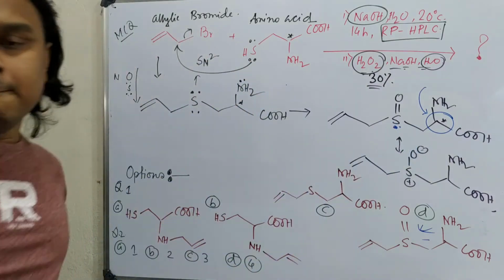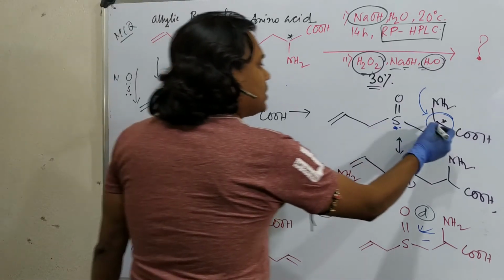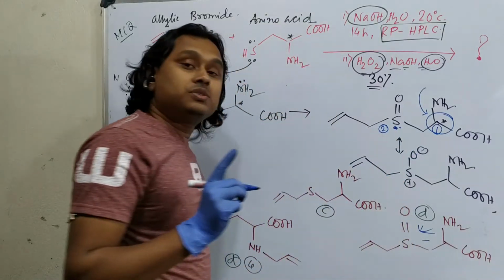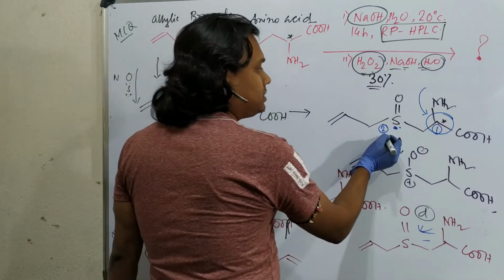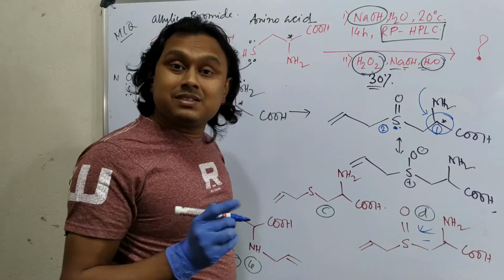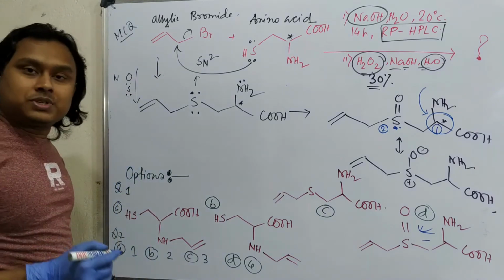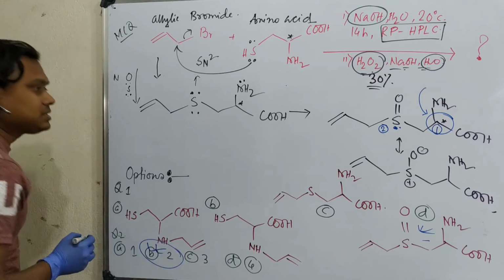What do I mean by my statement? Okay, so one stereoisomer here and another is here. This is the first report of a sulfur center having chirality. So two asymmetric centers are present in this molecule. So question number 2 was, how many stereoisomers are present in the final product? That is 2. So the answer is this.